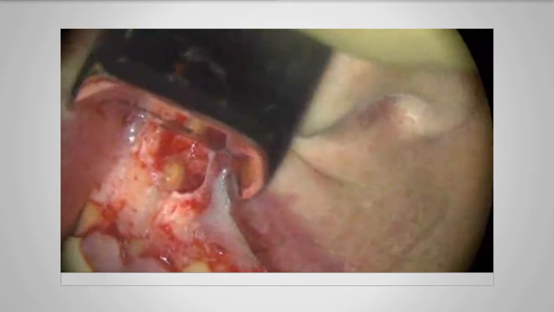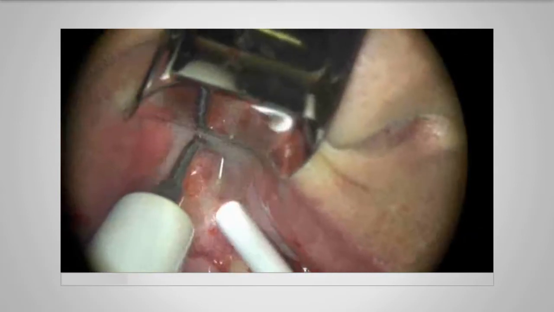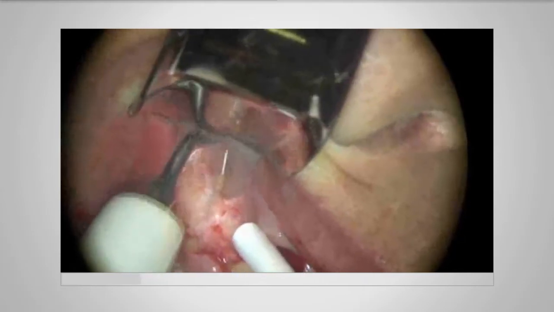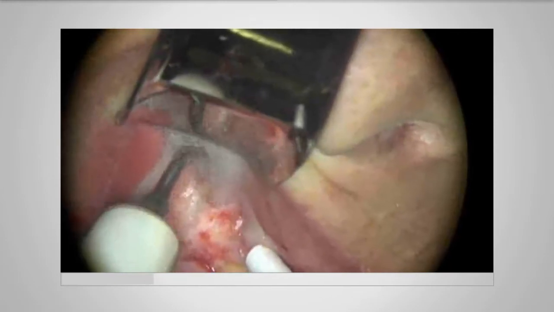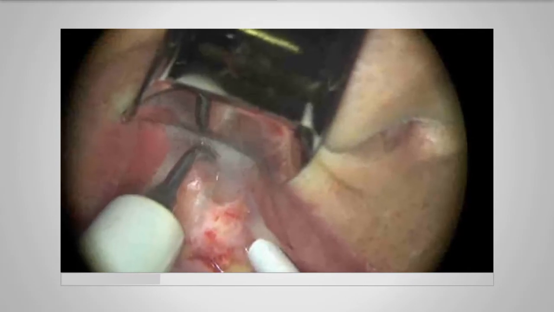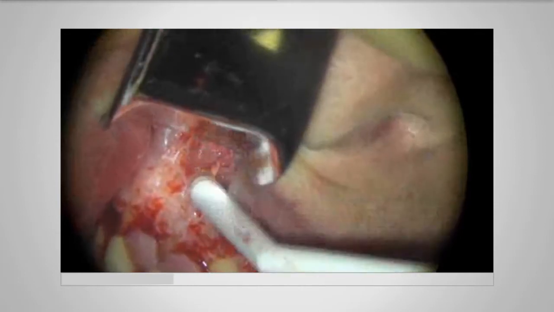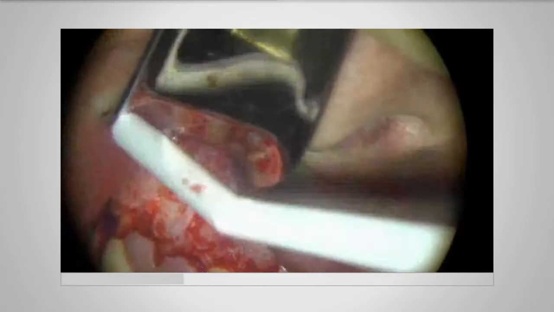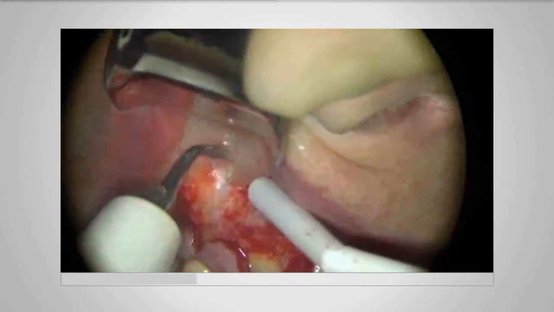I'm now going to use an ultrasonic tip to start removing the gutta percha from the root canal. This can be quite tricky, and you need to make sure that the ultrasonic instrument is touching the walls of the canal and removing any little bits. So there I leapt in with the surgical micro mirror, just to check to see if there are any fragments. There were a few fragments of GP still remaining in the root canal,